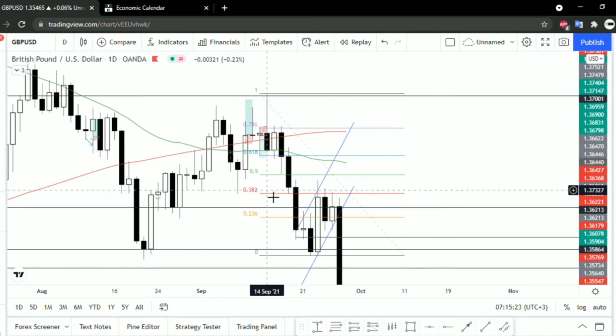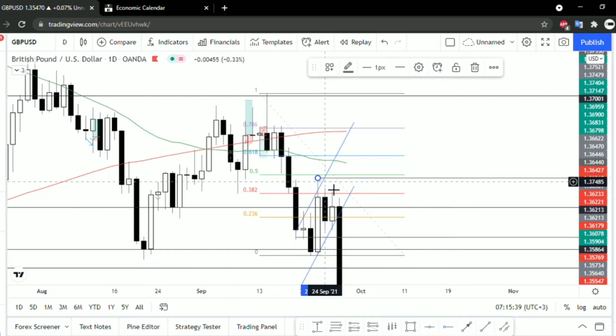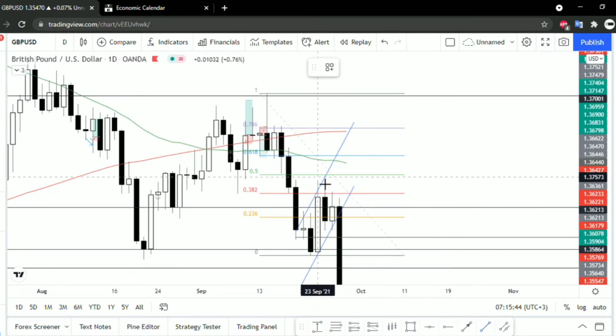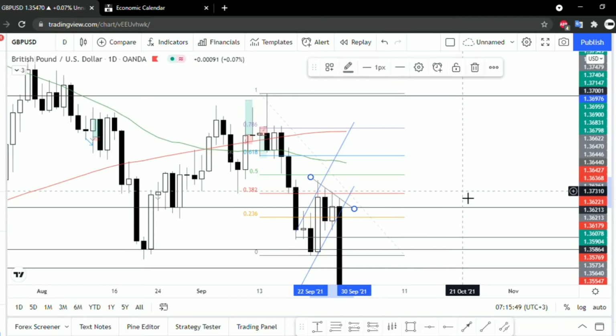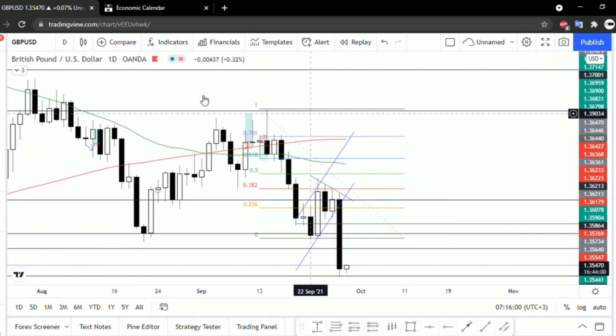As you can see, this currency pair has actually been reacting to level 0.382. It touched it once, twice, thrice. At that time it was pretty weak, and it sort of formed this thing here. Okay, I actually need a trend line. As you can see, it's getting weaker and weaker. So this sort of held the resistance for this currency pair, and as you can see here, this kind of also seemed like